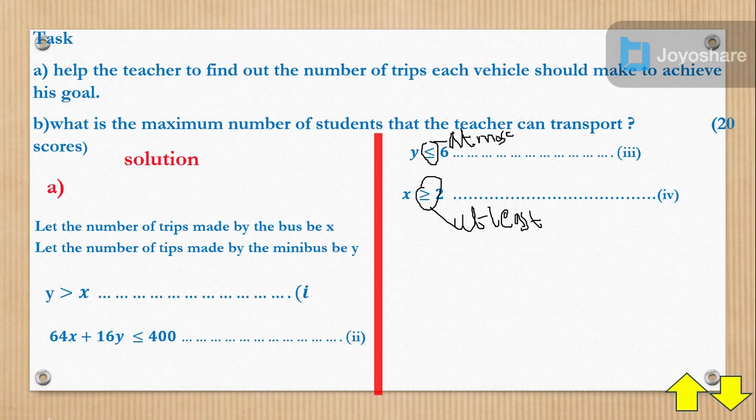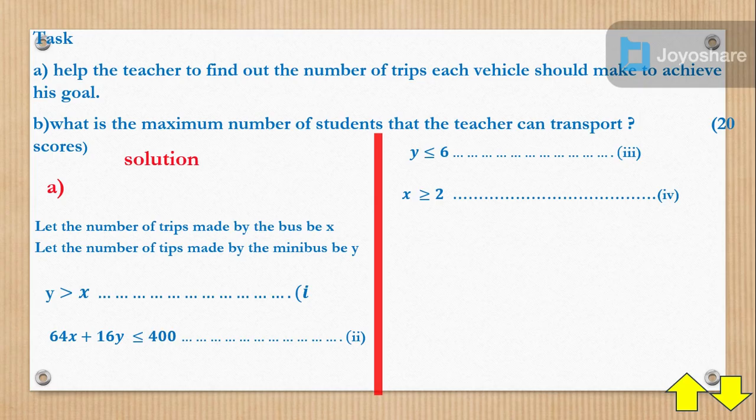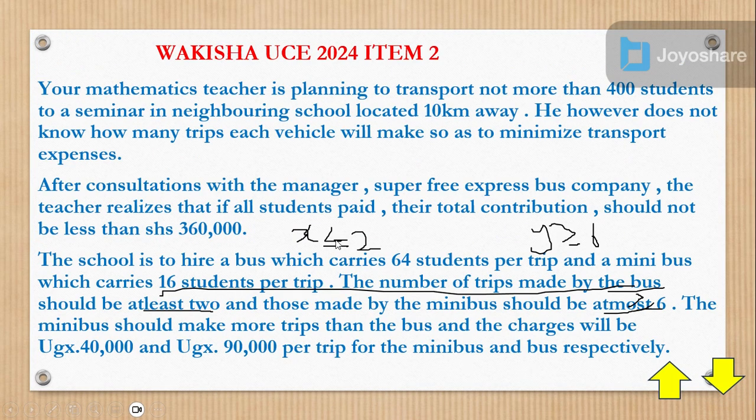Okay, so now we can proceed with the next part of that. So in the next part, we have to now see the last equation which we are going to have. The last equation talks about how much were they spending per trip and in total. And now this gives us 40,000 Y plus 90,000 X must be greater than or equal to 36. And with this you realize that we shall have this. Where does that come from? So we have it that